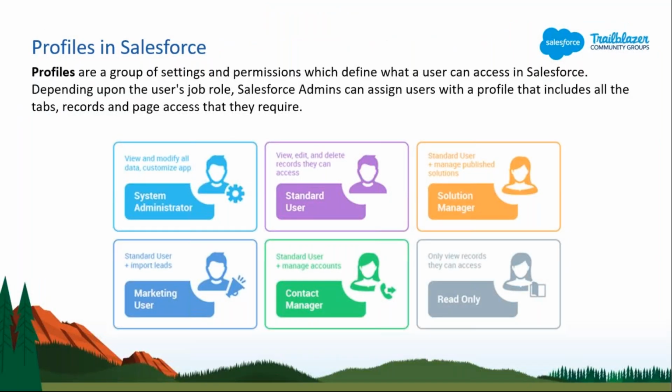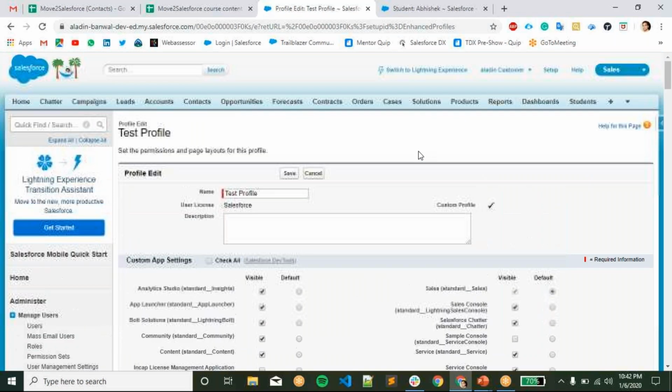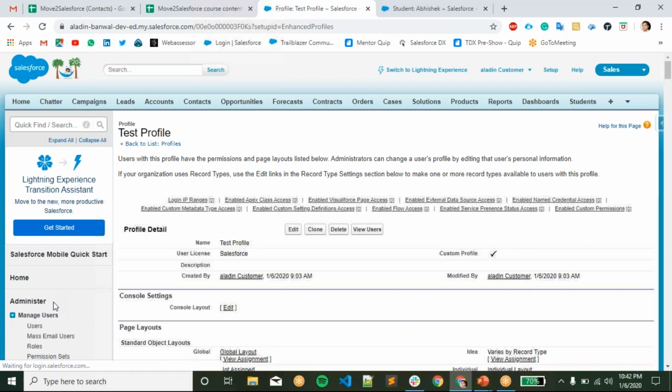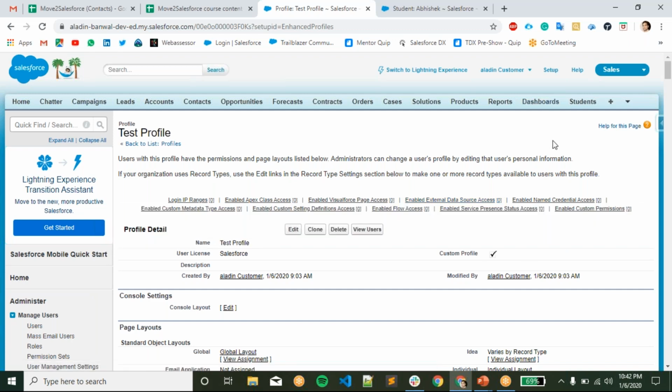And now let's go to the role hierarchy. Role hierarchy is nothing but the role we can give to a particular user. In any organization we have a role hierarchy: the CEO, COO, CTO, then we'll have the manager, vice president, director. Every organization will have this kind of role hierarchy. We can create this kind of role hierarchy here as well for a particular user, and we can give access to those users.